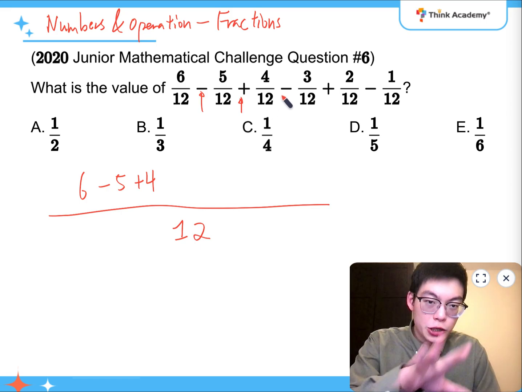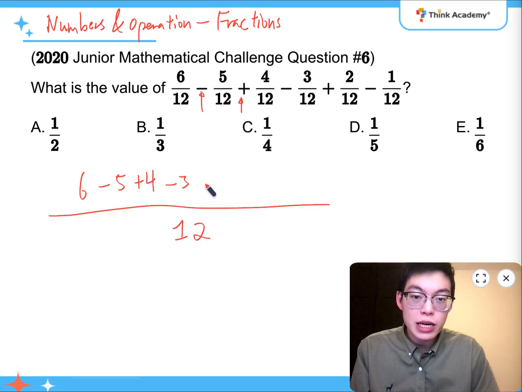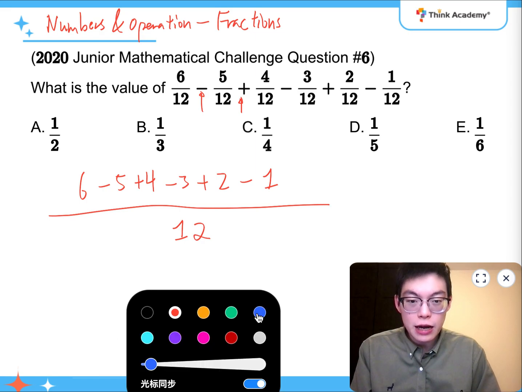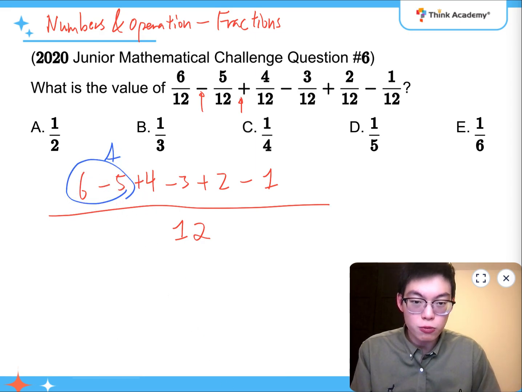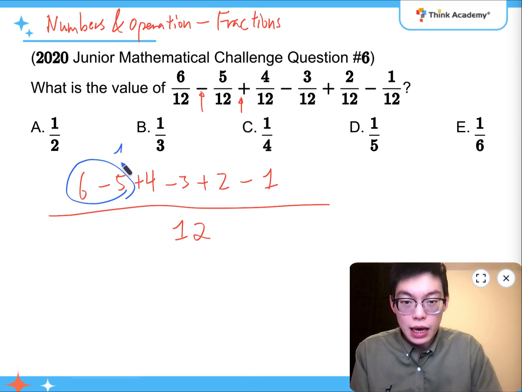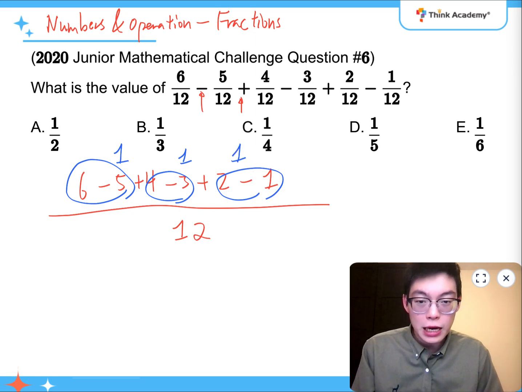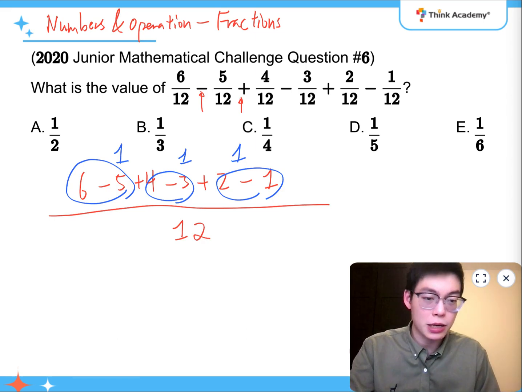So you need to track the signs. Make sure that you're getting the operations right there. Take away 3, adding 2, subtracting 1. And then you can see that every 2 of them can be grouped into 1, right? 6 take away 5, that is 1. And 4 take away 3, that is 1. 2 take away 1, that is 1. But of course, if you are not observing that, just do it step by step and you will still find